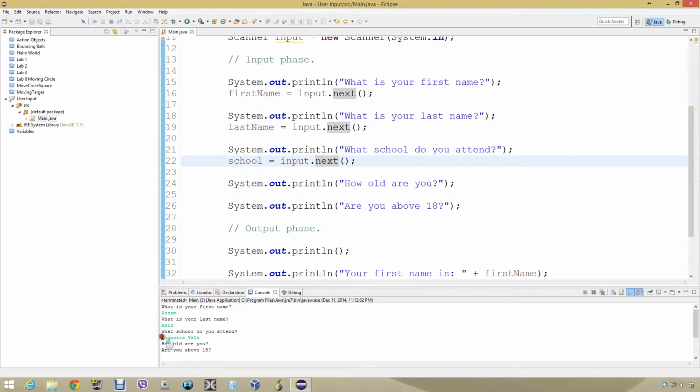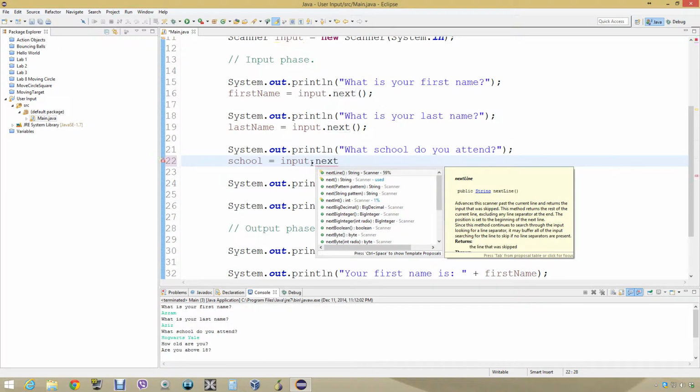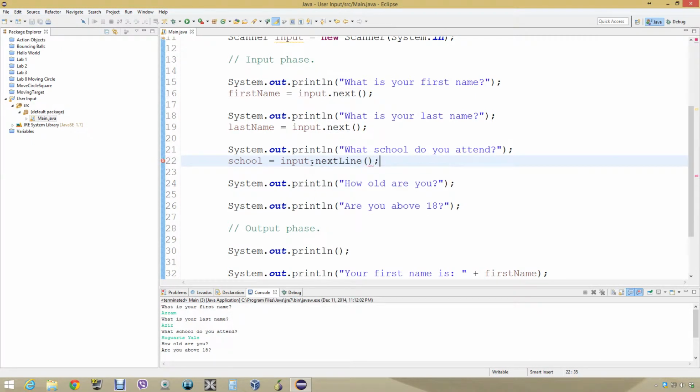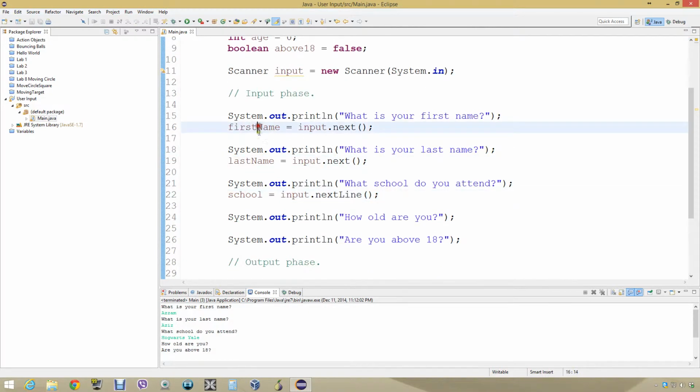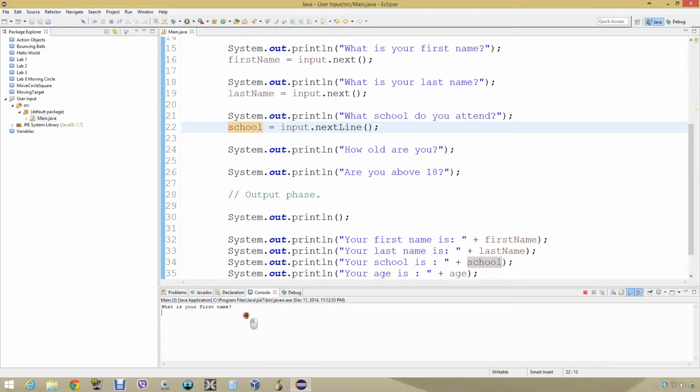In order to get everything in a line until the end of the line, you have to tell it .next, and it says nextLine. So give me the entire line. And this is the reason why I did first name and last name and then school by itself. So let's go ahead and run it. Now my first name is Azam, Aziz, and then